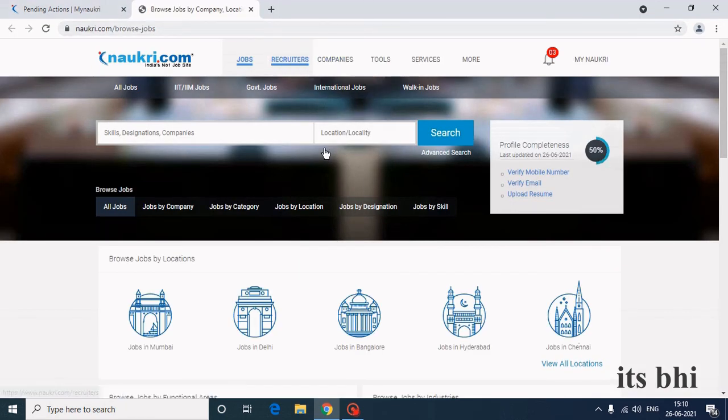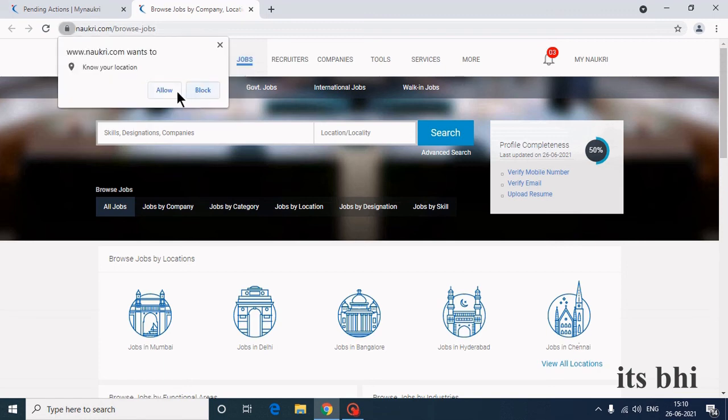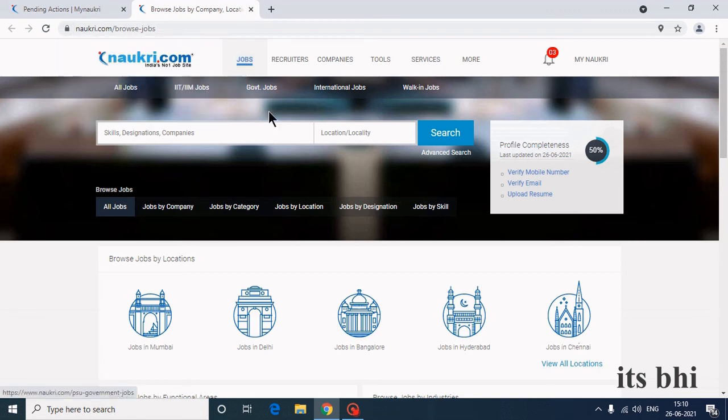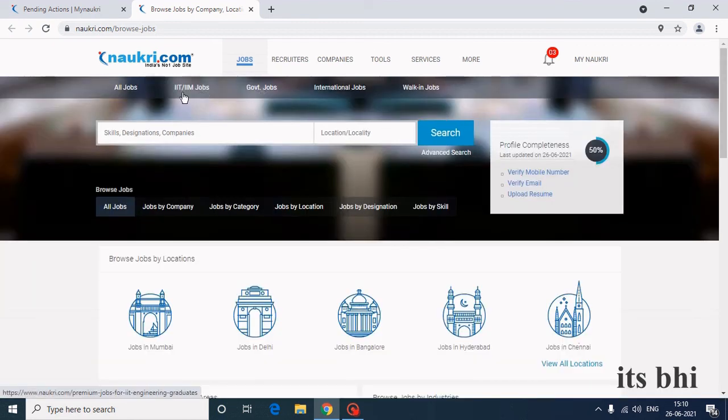Next we are going to discuss how to search for a job. The same thing you can configure from the Naukri app, installed on a mobile device or any device. The same things they will ask. Okay, here: government jobs, IT jobs, all jobs, international jobs, walk-in jobs.